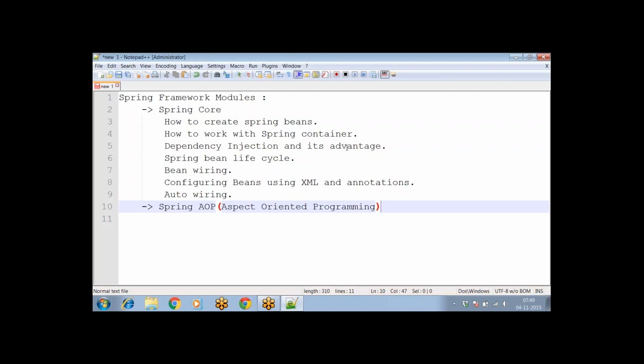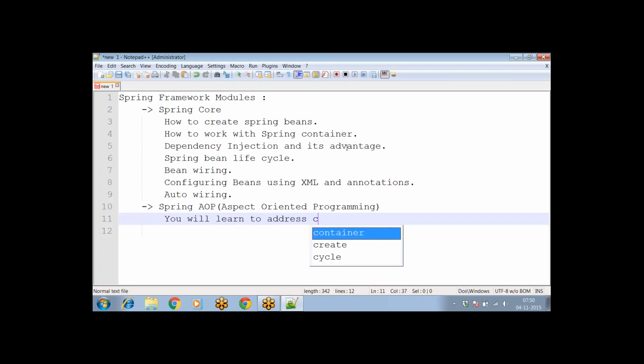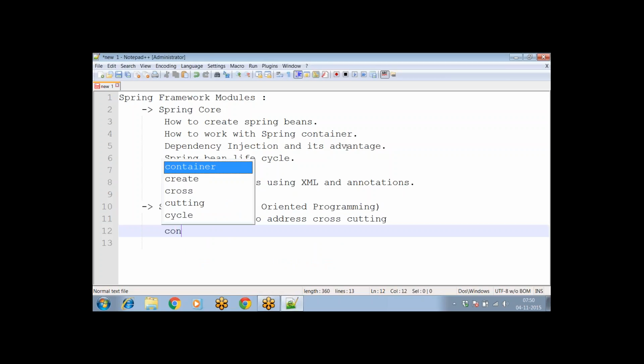So mainly in AOP, you will learn how to address cross-cutting concern issues. Cross-cutting concern issues. So what is a cross-cutting concern? What is a cross-cutting concern? Any idea? Cross-cutting concern means